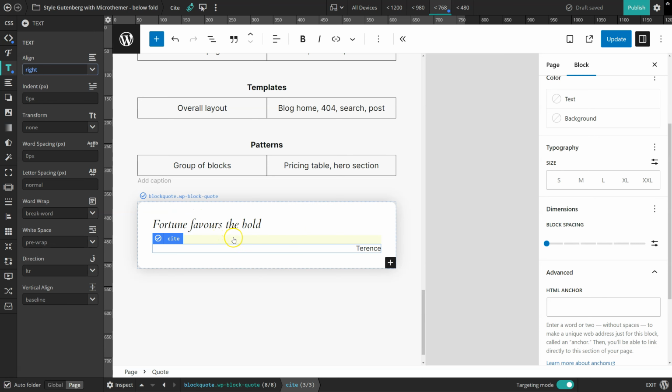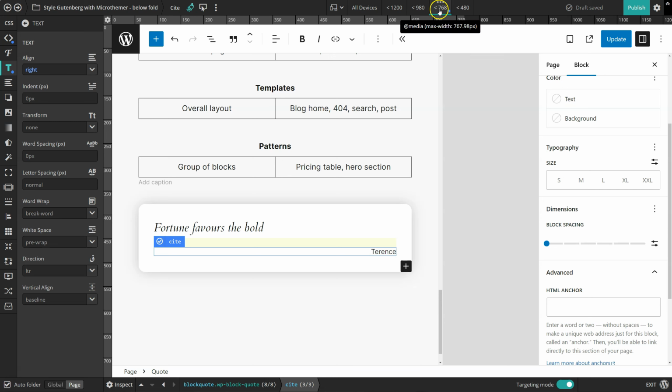Oh, and I should remind you that whenever you've finished adding styles via this Media Query tab, which is directed to a specific screen size, you need to remember to go back to the All Devices tab. And that's just so that any additional styles you add will apply to all screen sizes. So if you make a mistake like I've done with this citation, which should probably be right-aligned for all devices,